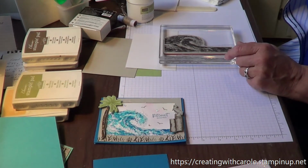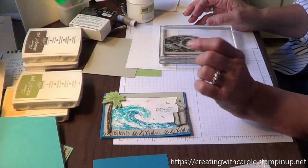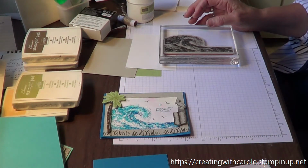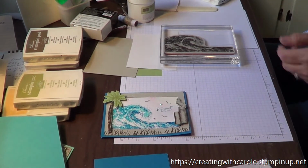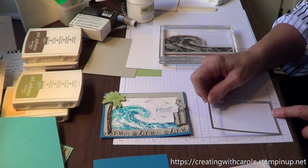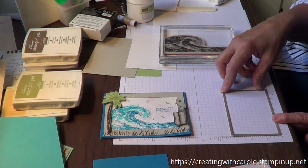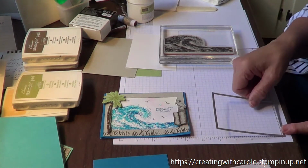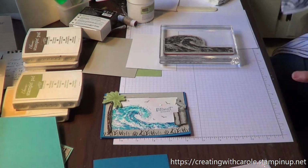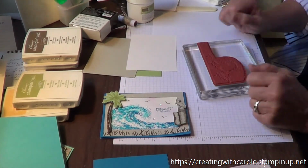And we'll use the rectangle dies also to cut out this inside. The inside is, I believe, 4 and... grab my die here. The die is 3 by 4.5, but the inside opening is 4 1/4 by 3. Okay, leave that there. So the first thing I'm going to do is ink up my wave, and I'm going